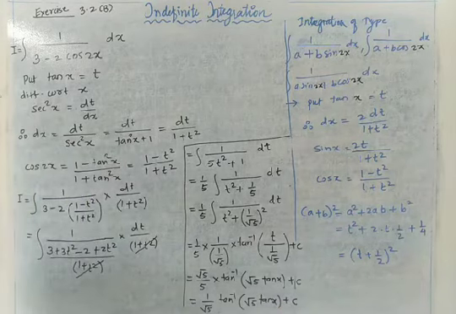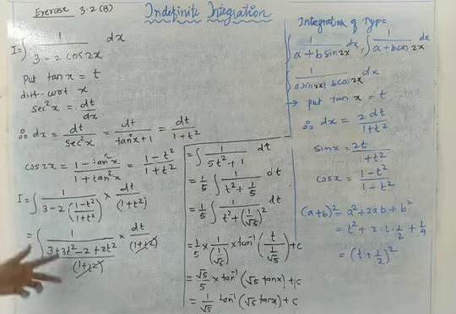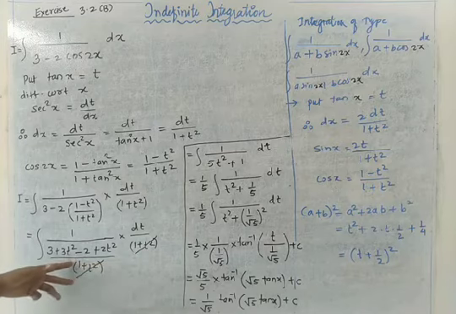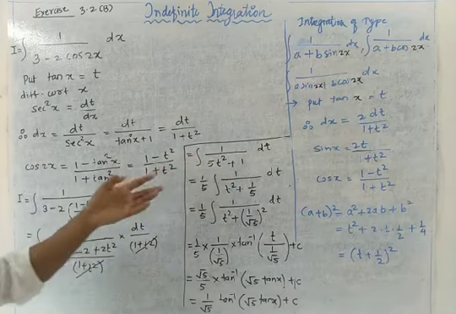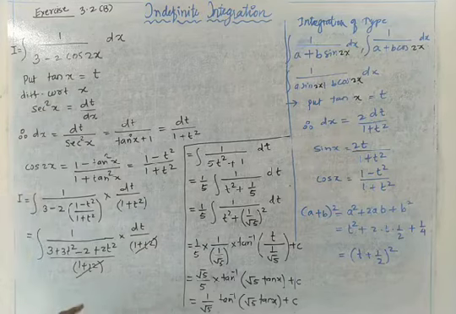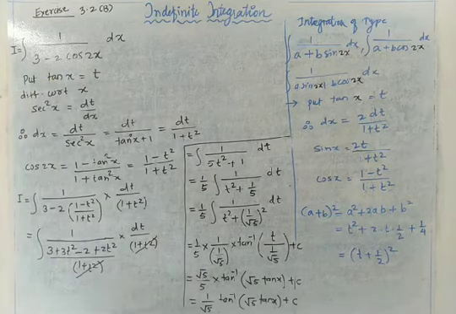Okay, so please check the solution for that cos 2x. Same way, if sin 2x is there, we are going to substitute the value for sin 2x, that is 2t upon 1 plus t square. The simplification is the same pattern, automatically that dt upon 1 plus t square gets cancelled with the denominator in all examples. Only you will get 1 upon a quadratic equation or 1 upon x square plus a square form. If it is just a cos x function, 101% you will get one variable term, one constant term. And if it is a sine function, then you will get a quadratic equation. Make the things properly clear.